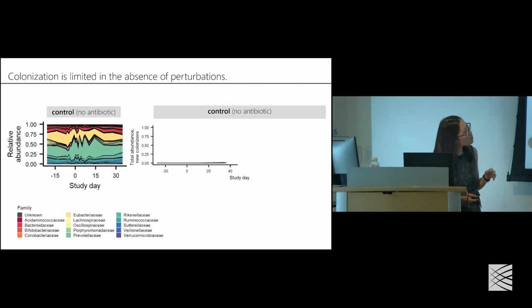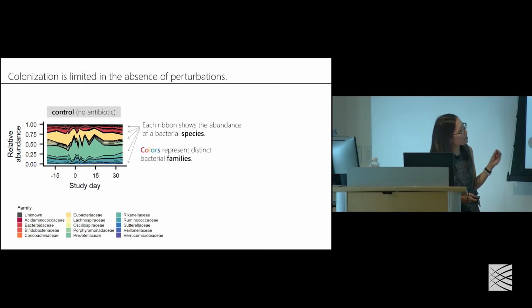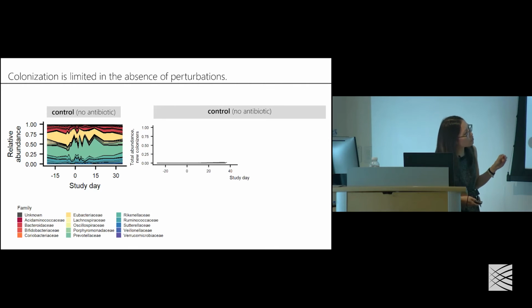Okay, so how much new colonization happens over the span of time? Well, it turns out that it's actually quite limited. Here's a plot that we use to summarize the total amount of the gut microbiome that's comprised of new colonizers in each of our control subjects. It's actually a very difficult plot to show because you can't really see anything there, but that's part of the point. Each of our 26 control subjects has a line that is in this cluster right at the bottom, indicating that we detect no new colonizers or just very, very low abundance new colonizers over this 2-month span of